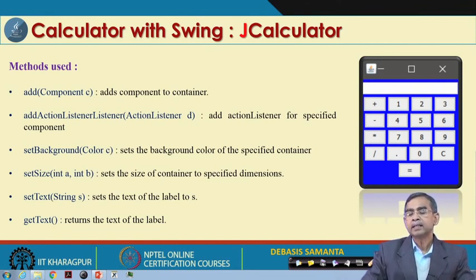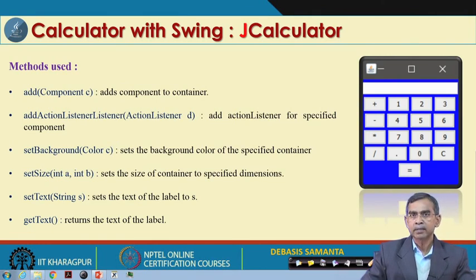And then finally, this will give a look, which is basically just a structure, but we have to add the event. How the event can be added, we have already discussed. We have to register the action listener, whichever action listener you want to use here. Usually the mouse action listener can be added, adding an action listener for the specified event to be controlled. And then the background color, whatever it is, you can choose it.